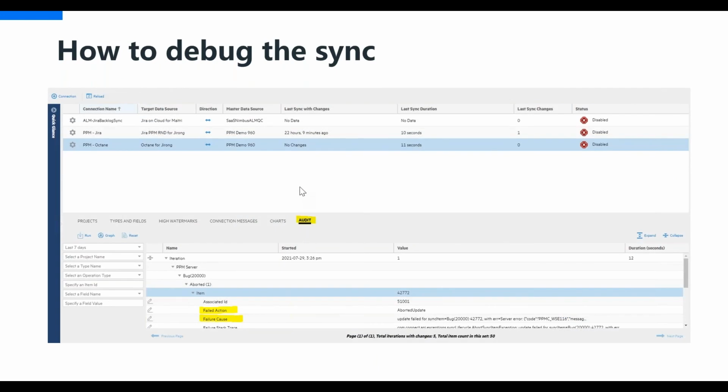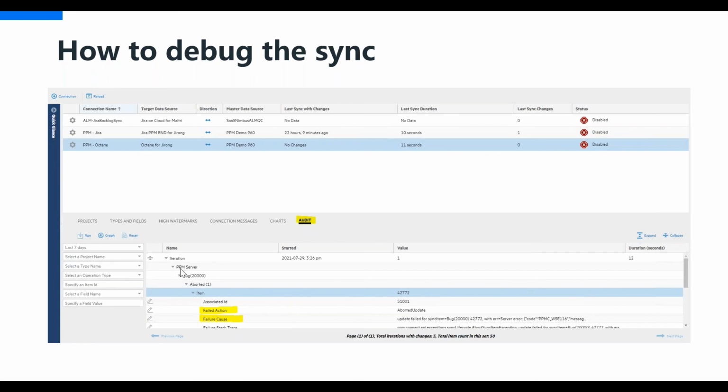Just wanted to highlight a couple of things during the configuration and the testing. If you are testing it and you want to see if there are any errors during the sync, there is a tab called Audit in the connection tab, and you can see the audit for all the runs so far using this button.